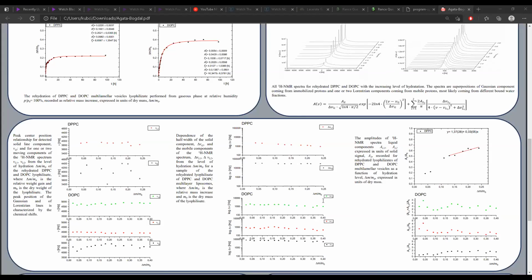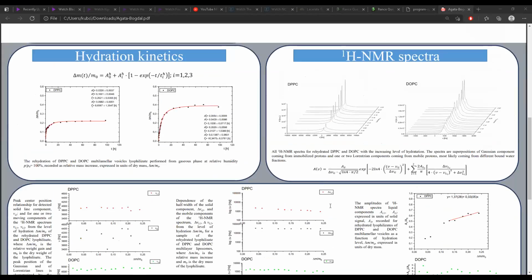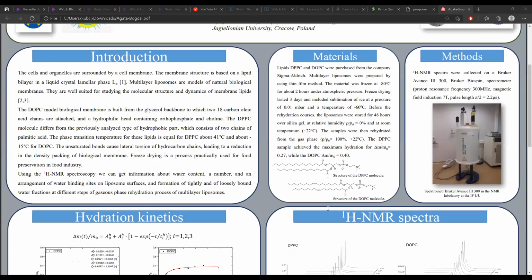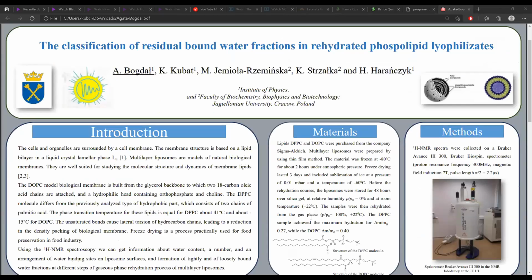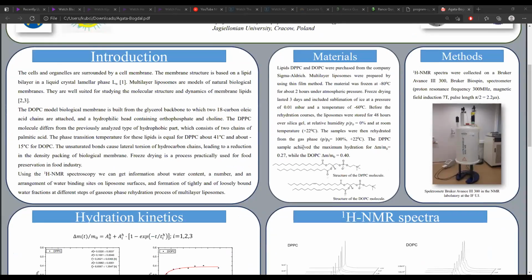So to quickly sum up her work, because she is in the hospital, as Mrs. Aleksandra was saying, as she is in our group, we try to classify the residual bound water fractions in a lot of compounds, and Mrs. Agata Bogdał is working on